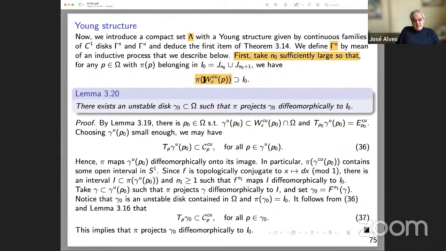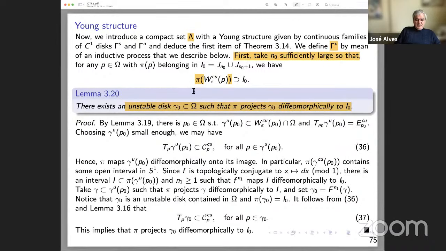unstable, it's a center unstable disk by Shub, contains this element here. And there is an unstable disk. So what I want to prove is that there is an unstable disk of Pesin that projects to this region here. That's what I want. Okay. And the idea, I'm not going to follow this explanation. The idea is that